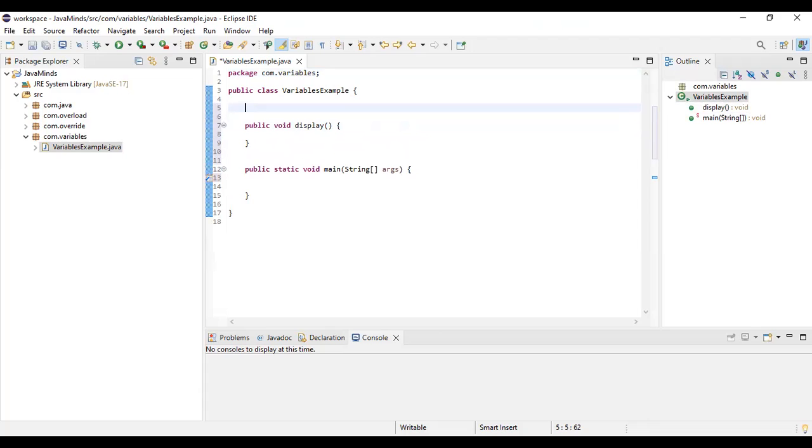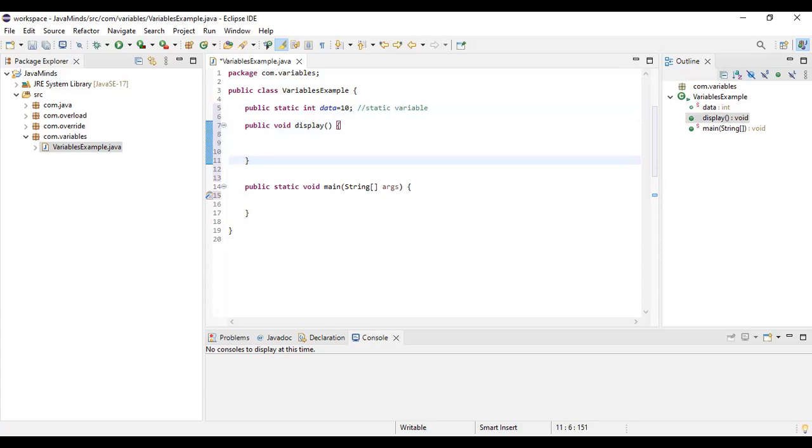I said already that static variables... if you declare the variable with the static keyword, it is a static variable. So I will comment this as static variable, and the variables which are defined